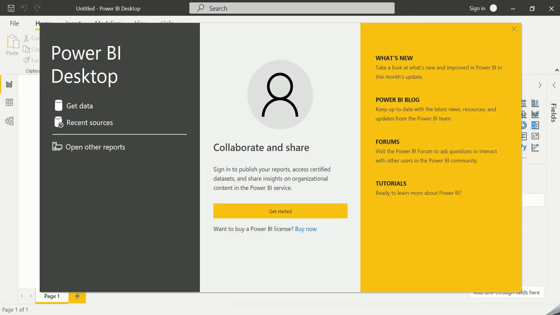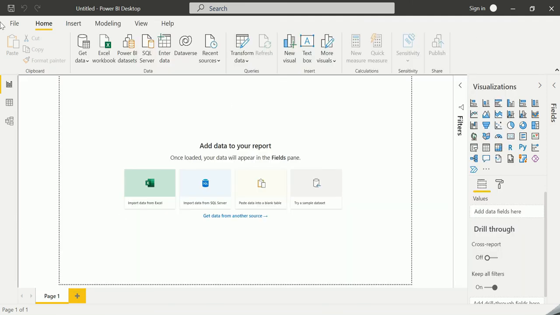So this is how your Power BI application looks during the initial load. This is the welcome page and it contains various tutorials, videos, and the Power BI blog, forums, and other things. You can just try to explore one by one. And this is how Power BI Desktop looks. Let us explore more about the features and the usage of Power BI Desktop